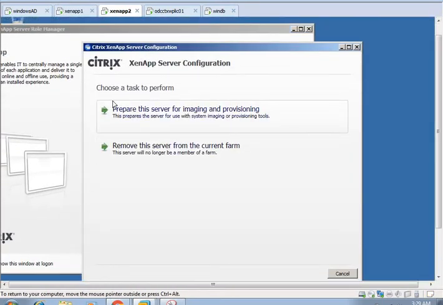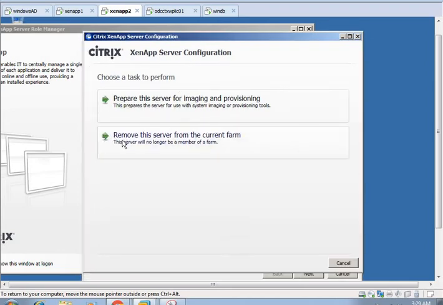Now here are two options. If I'm installing a fresh server or the first server in the environment, then I need to choose the first option. And if I am adding a server in the farm, then it's the second option. So this is already configured.